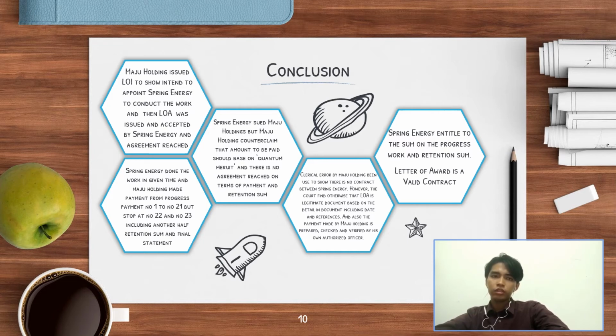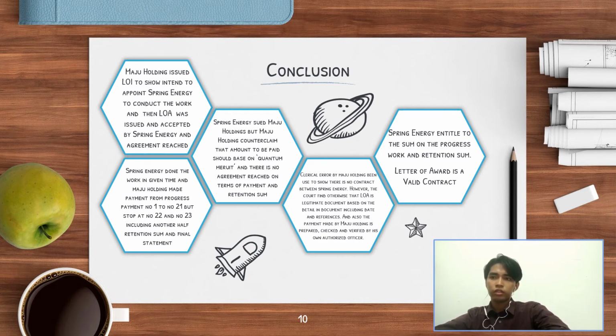but Maju Holdings Sdn Bhd did not make any payment after certificate number 22 and 23, including the retention sum and the final statement. That cost almost 300,000. That's why Spring Energy sued Maju Holdings, but Maju Holdings counterclaimed that there is no agreement and no contract between them. However, the court found otherwise, that